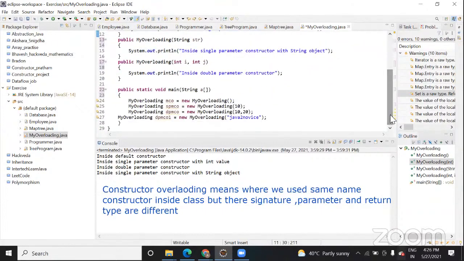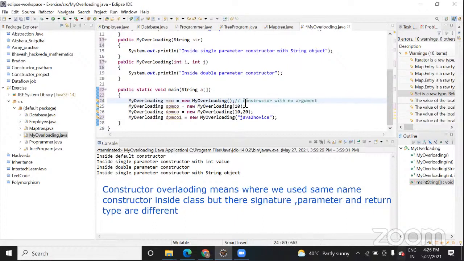Now, if you want to run it, as I said in the last class, a constructor gets executed when we create an object of that class. So you can see this is an example of a constructor with no argument. Did you see any argument there? No, right?